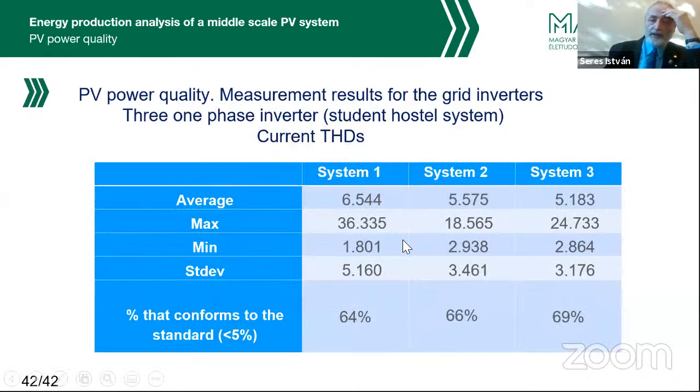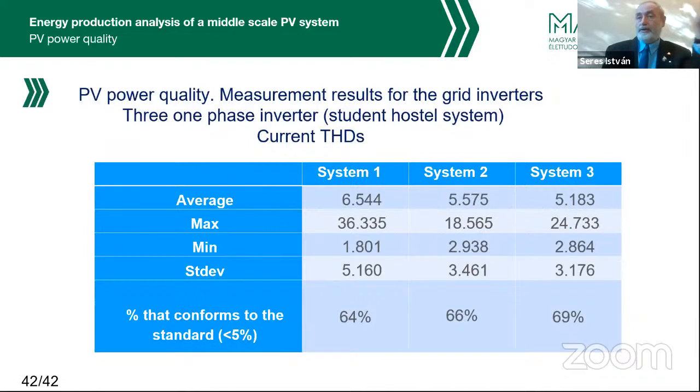So we could say that the total harmonic distortion is below the expectations when the sun is shining well, but it can go wrong for our inverters. Of course, it depends on the inverters under bad conditions. But if the condition is not so good, the radiation is changing, or the radiation is very low, then of course we feed a very small amount of energy to the grid, so we cannot harm the grid too much.